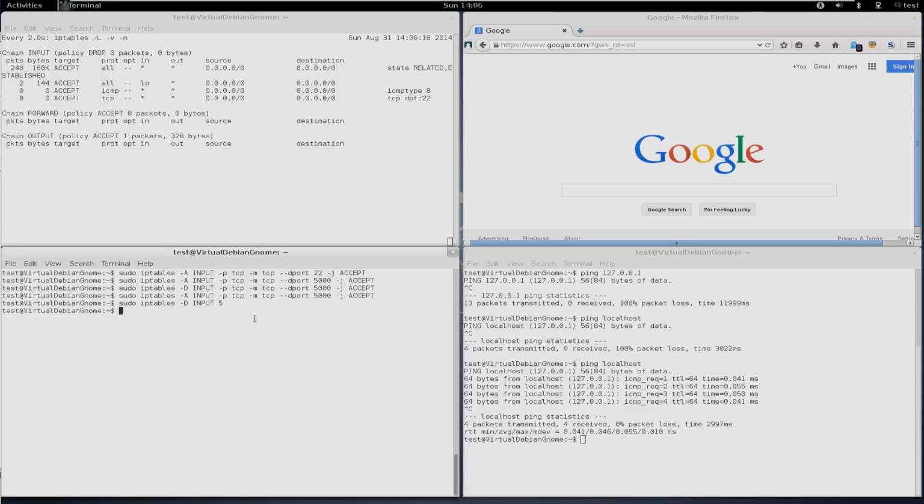The last thing I'm going to show you how to do, well, not the last thing, there's a couple more bits of material I want to cover, but the last part of the actual iptables rules will be logging. I'm going to show you how to set up logging. This is important to put at the bottom. I like to put this at the bottom as a catch-all, and it will show you what packets have been dropped. So what you're going to do is sudo iptables -A for append,